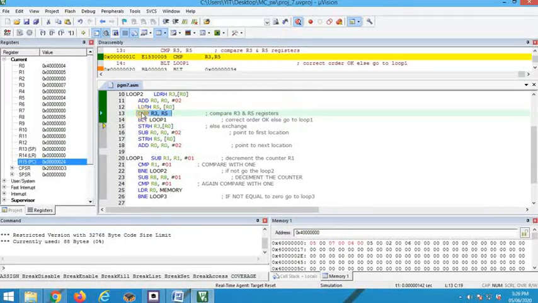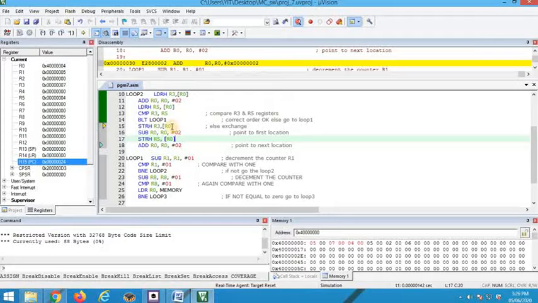So in the first iteration or in the first pass, as you go through the array, you know that the largest number is 7. At the end of pass 1, 7 should be here at the end, that is in the final position. Largest number should appear at the end in ascending order. So R3, R5, 7 and 5. 7 is not less than 5, that's why we are executing this.